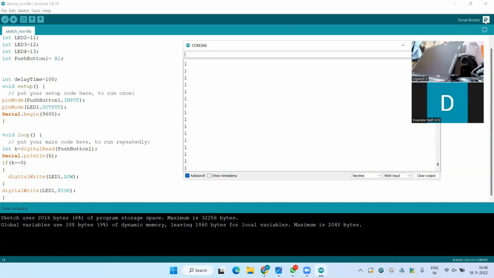Okay. So in this way, we can use digital inputs and digital outputs. Digital input means you are giving input through a push button. Digital output means you are taking output via an LED. Okay. Now we are going to use